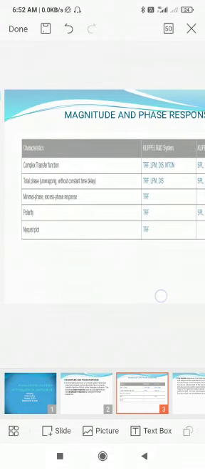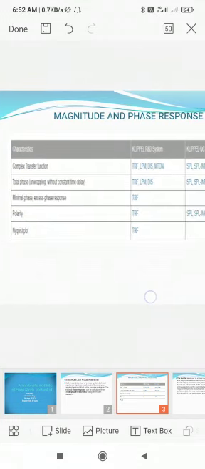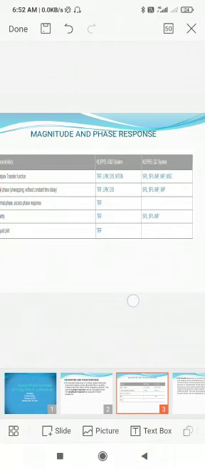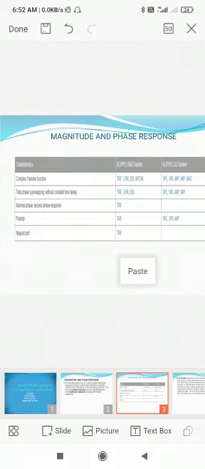And the next one is the minimal phase and excess phase response, which in the R and D systems is TRF, and in the QC system is not valid. And next is the polarities of the R and D systems, TRF, and in QC systems, SPL, IMP. And the last one is the Nyquist plot, which in R and D systems is TRF, and is not valid in the QC systems.